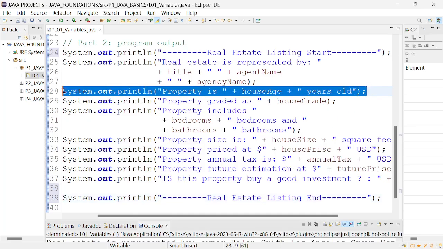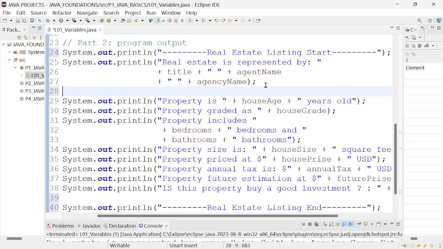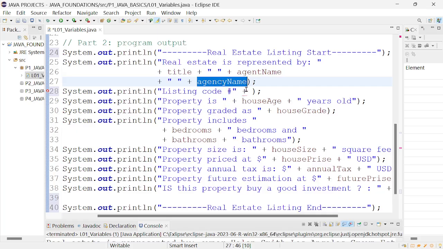For example, to show you how to operate with strings, I will make another statement. Listing property. Property listing code #, and I will use agent name